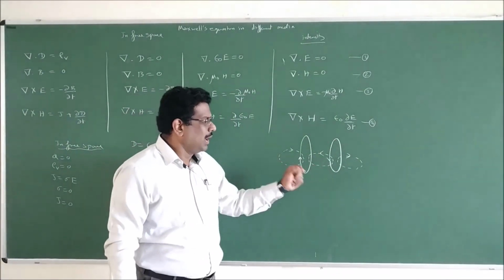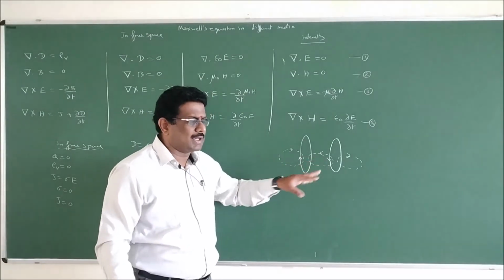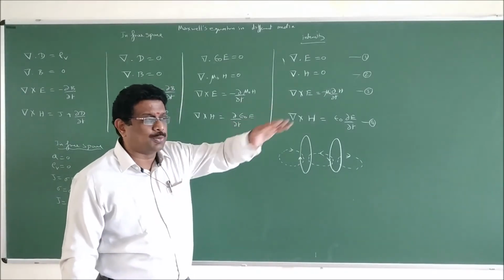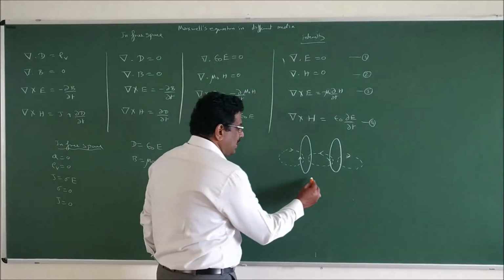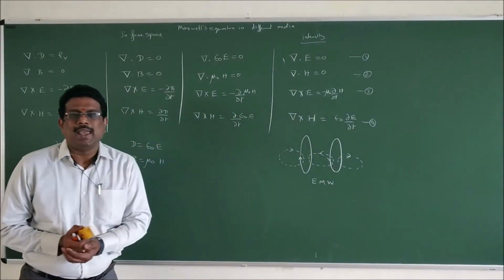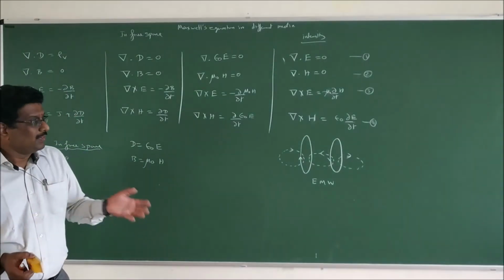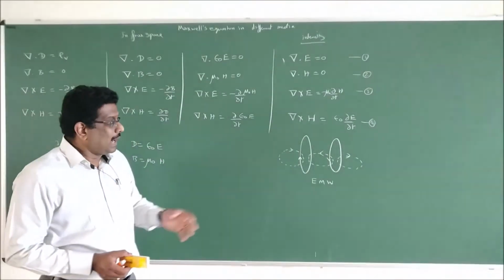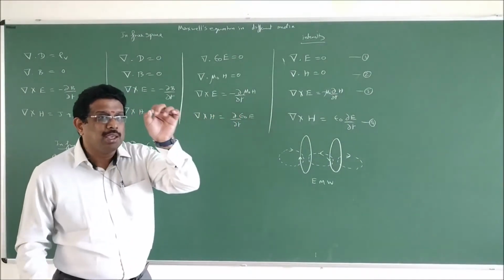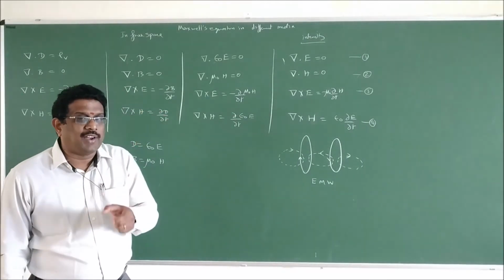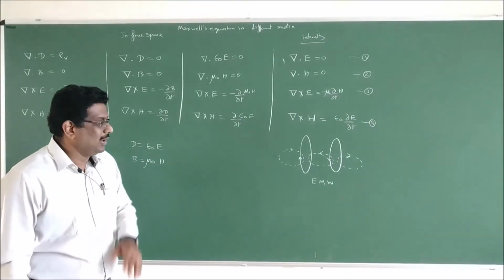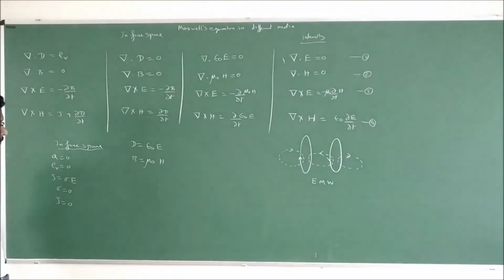So what is the conclusion? Electric field, magnetic field, electric field, magnetic field. It is a combination, an electromagnetic wave. Such an electromagnetic wave is propagating in free space like this. So I would like to call this electromagnetic waves, EMW. That is our major aim behind this subject. If there is an electromagnetic wave propagating in free space, in this location how much value, in this location how much value? How to define the mathematical representation of this particular wave is our next technique. We will discuss that later. Just make a note of it.